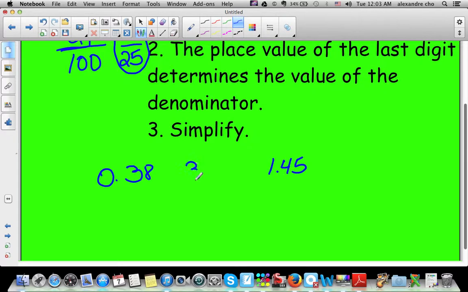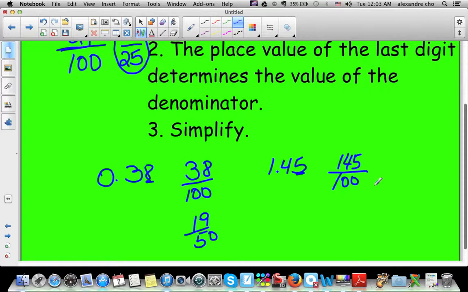0.38, right, top number. That's 38. The bottom was the last place value, which is 100. We can simplify, divide top and bottom by 2. We get 19 over 50. This one. So we write the number without the decimal. So it becomes 145 over what? Look at the 5, which is again in the hundredths place, and you get